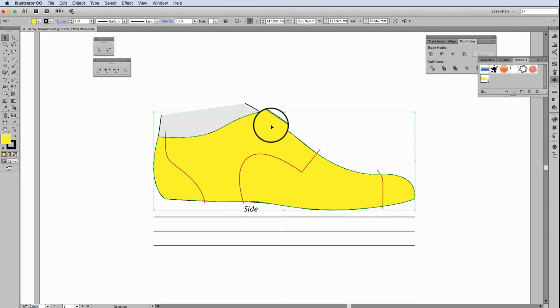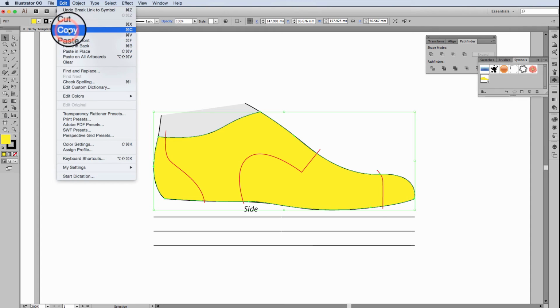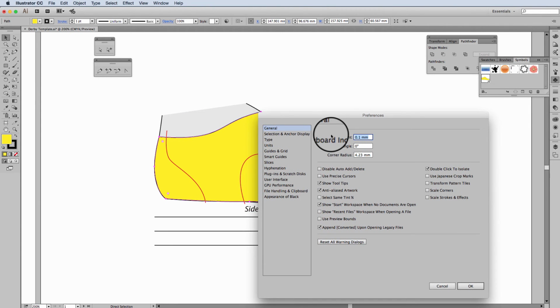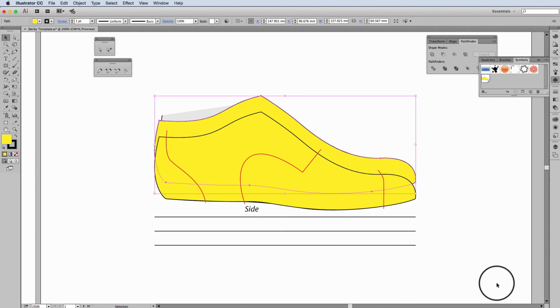Now I'm going to make a copy of that. I am going to copy it to the back. Edit, copy, edit, paste in back. And I'd like to actually move this back copy out of the way. So what I will do is go to my keyboard increments. I'm also going to use the keyboard shortcut, which is Command or Control K, and make my keyboard increment over here 10 millimeters and go OK, and using my arrows I'm going to move